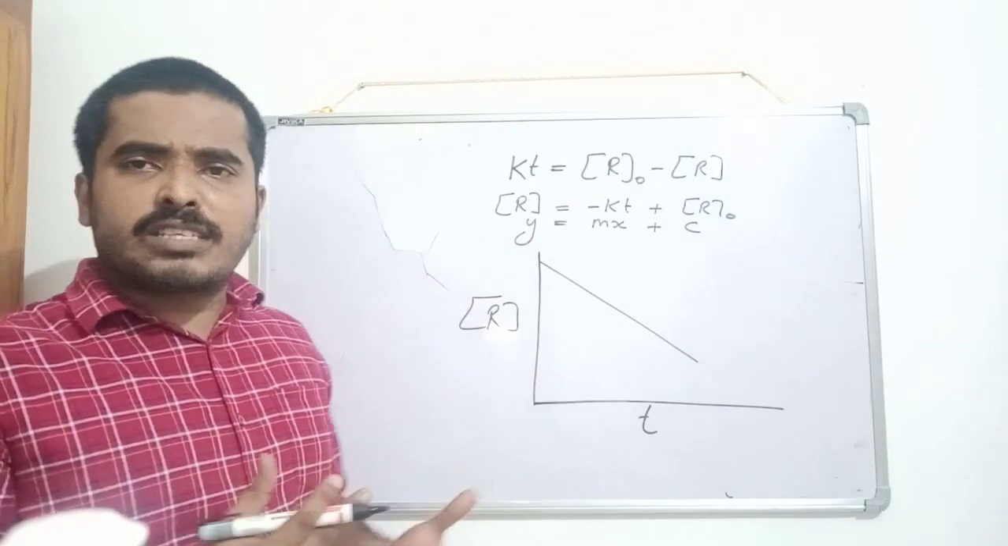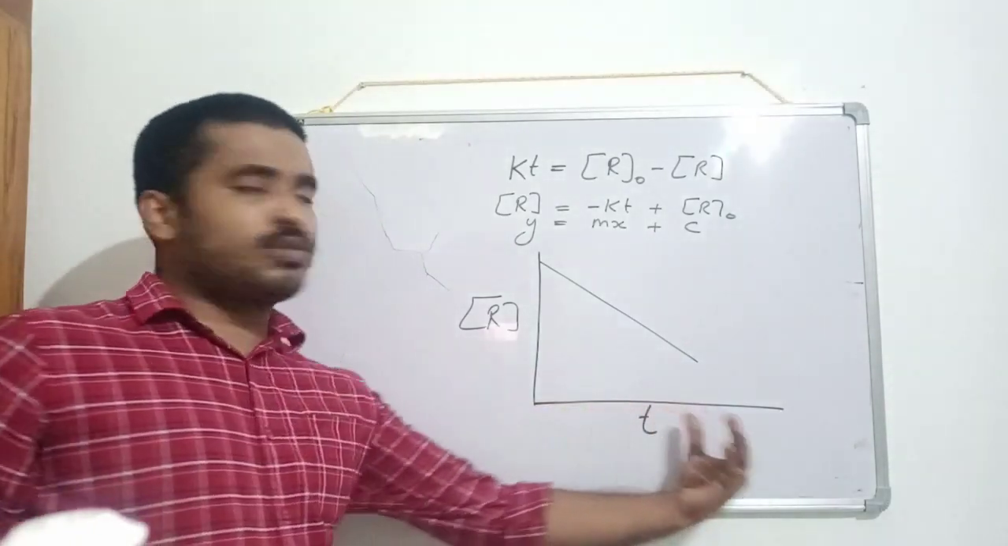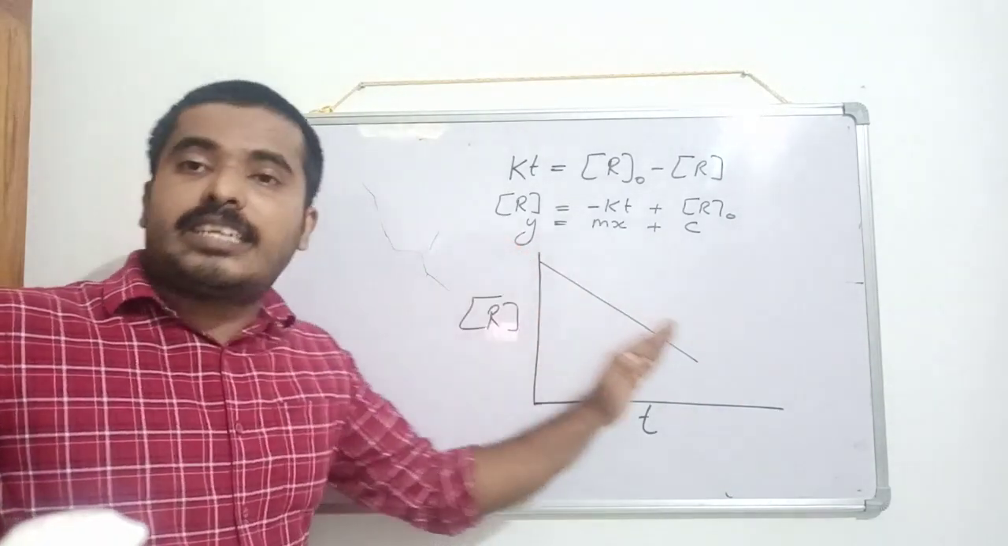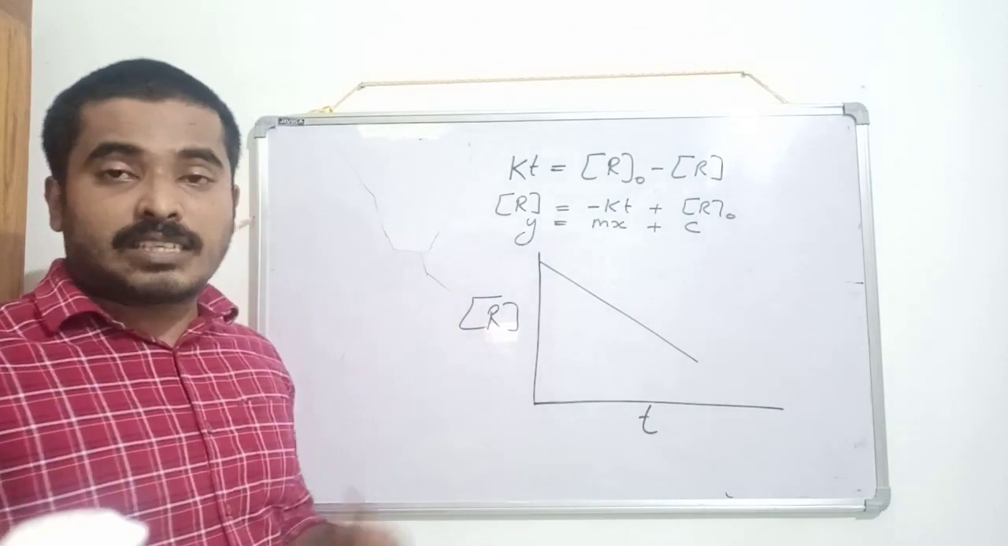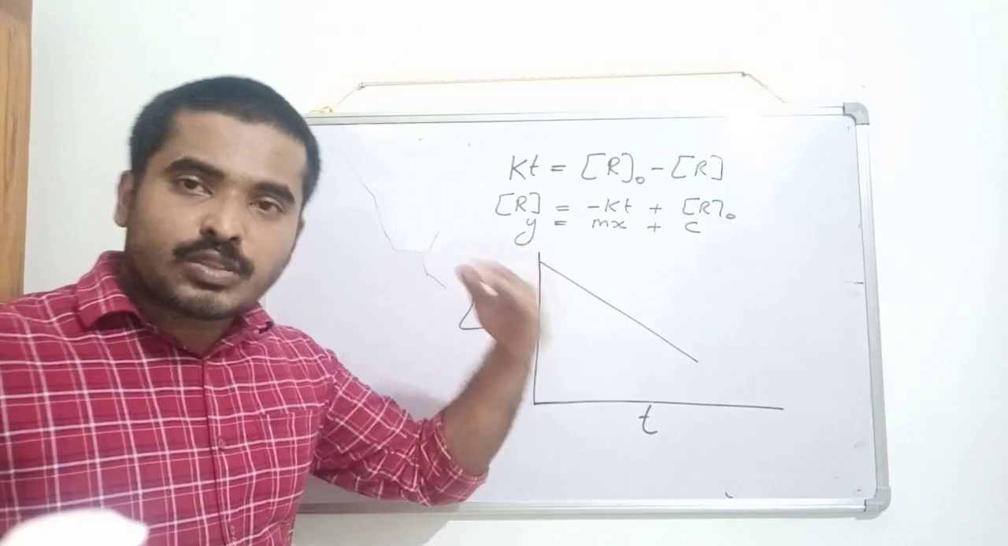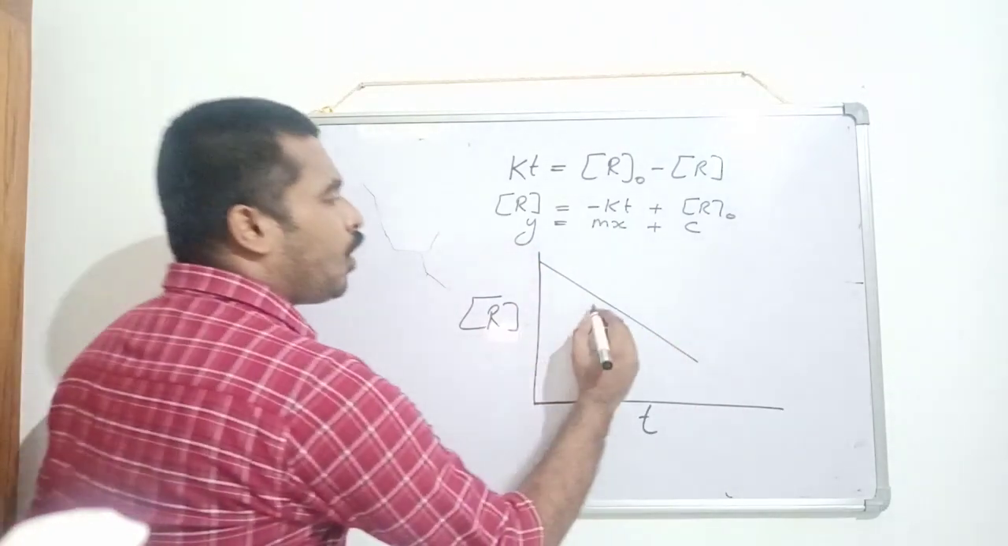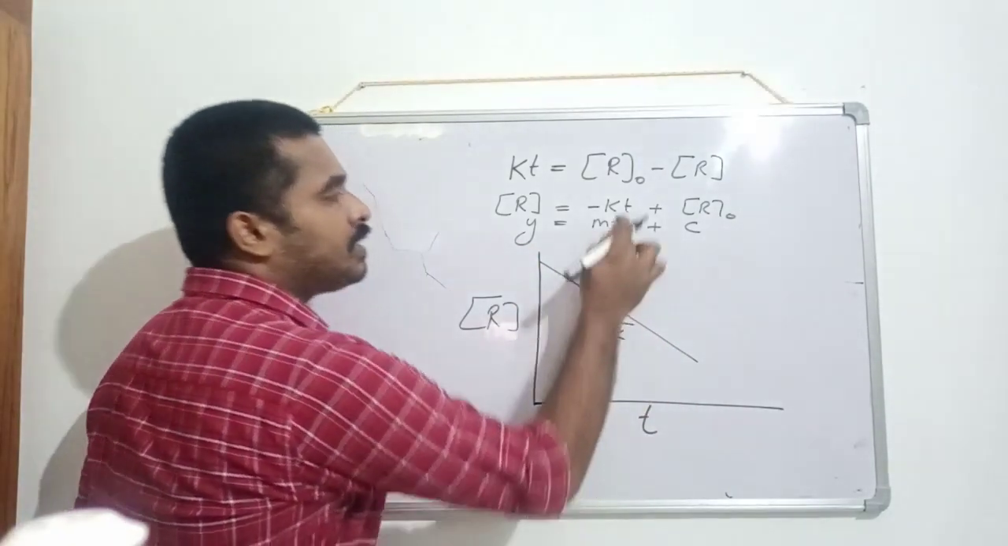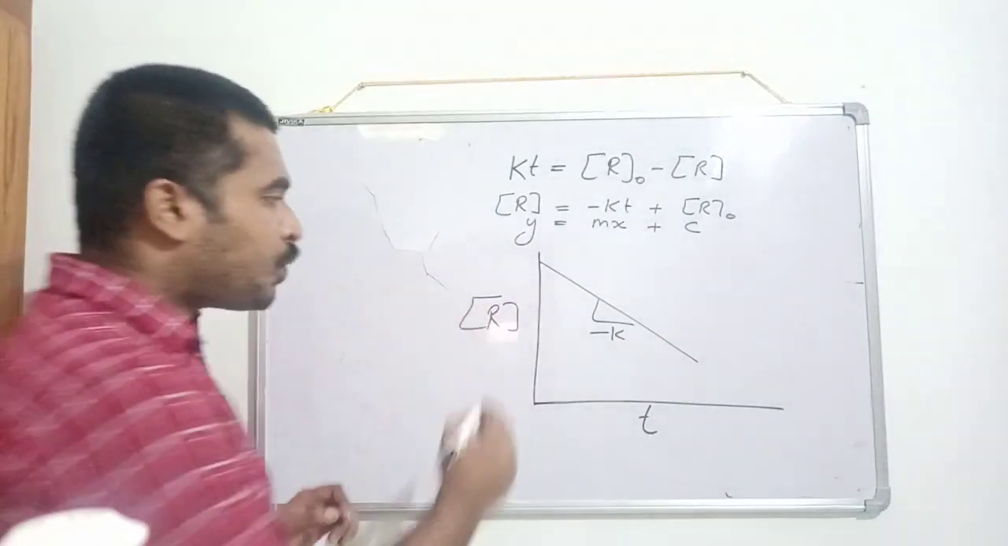It's so very obvious, because as time goes, concentration of reactant decreases. What is the confusion in that? As time passes, concentration of reactant decreases. Its slope is minus k. Slope is minus k. And this portion